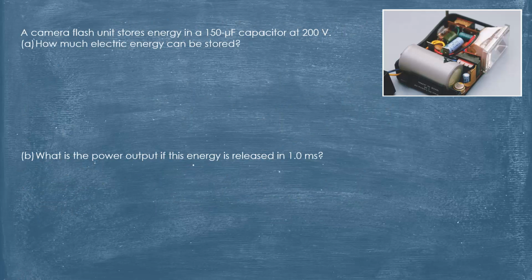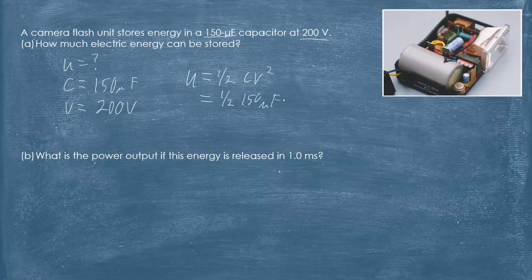So let's look at a quick example here. We want to know the electric energy stored in a capacitor at that capacitance and that voltage. So if we think back to that equation there, I want to know the energy stored, and which version of that equation is going to be most useful if I have C and V? I'm sure you wrote down that big long equation and all the options you had, and so you readily see that the best choice is 1/2 CV squared. So we can just plug right into that, 150 microfarads times 200 squared, and we get 3 joules of energy